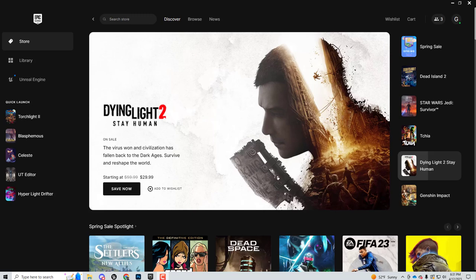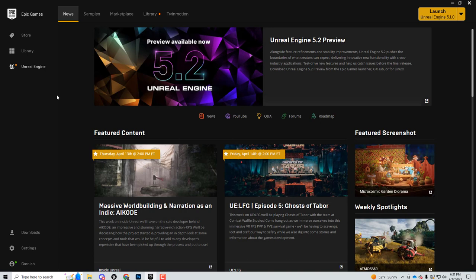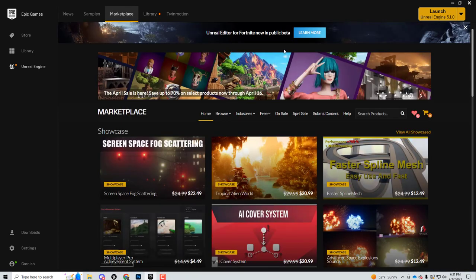Hi, we're going to be going over Lyra. This is our multiplayer level project. So Lyra lives in your Unreal Engine marketplace. So you open up Epic, go to Unreal Engine, you go to the marketplace, and then we could search